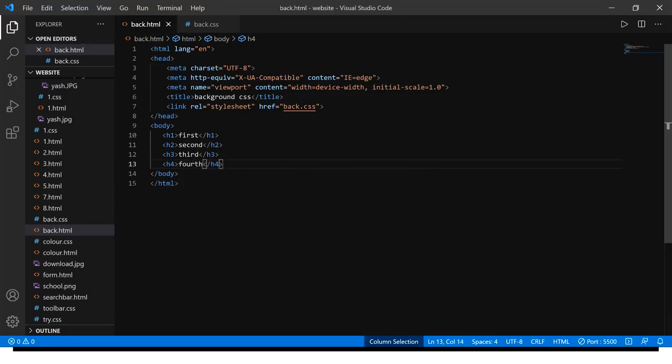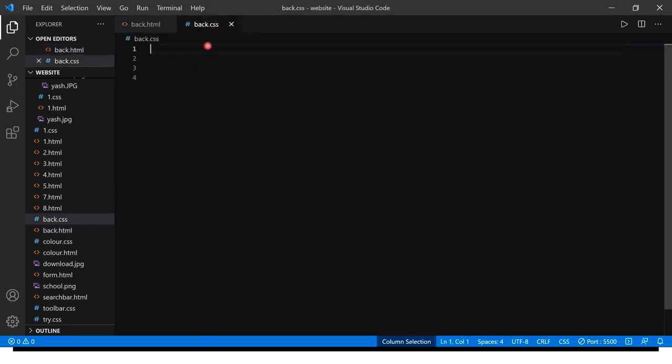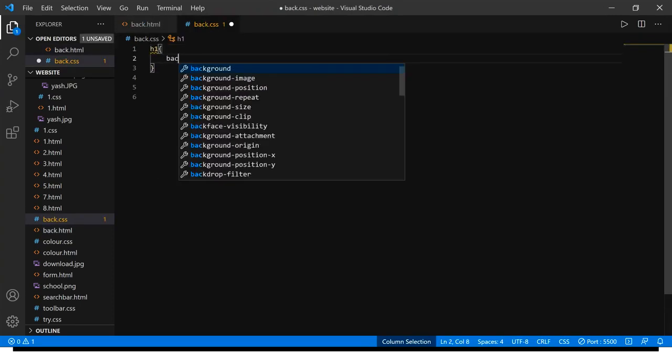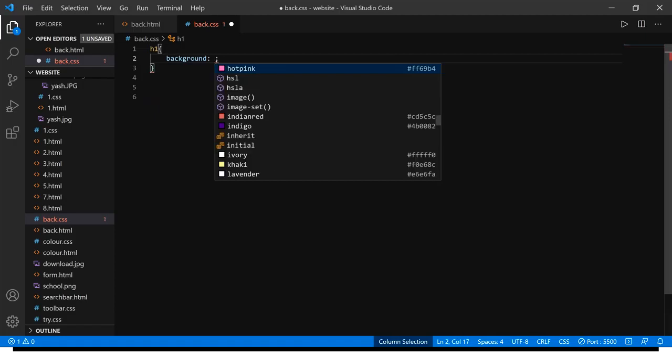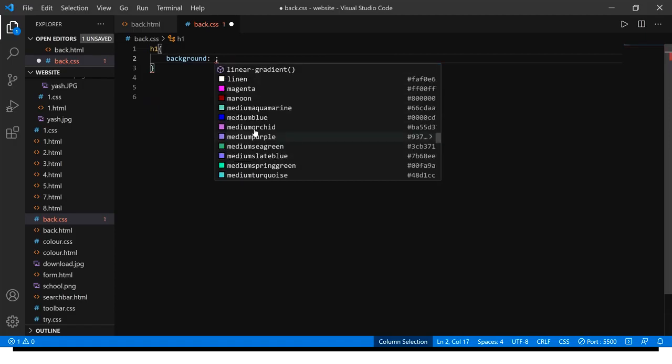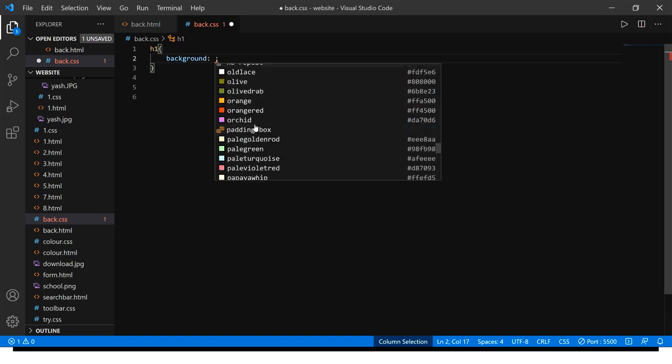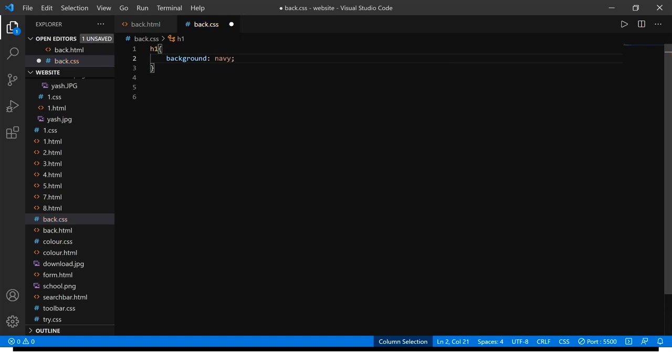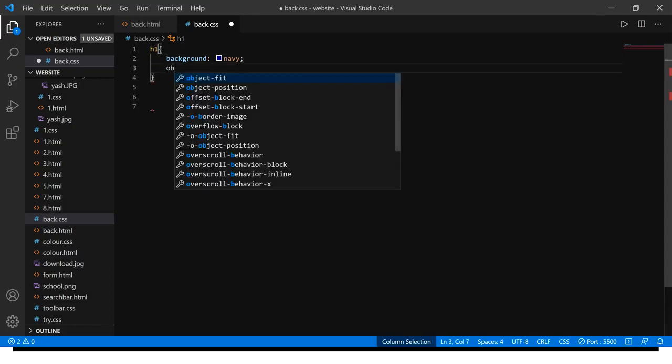Okay, now we'll go to our CSS properties. I'm going to type h1 first, then background color; we will take black as it is most dark, or some navy. Now I'm going to change the opacity.